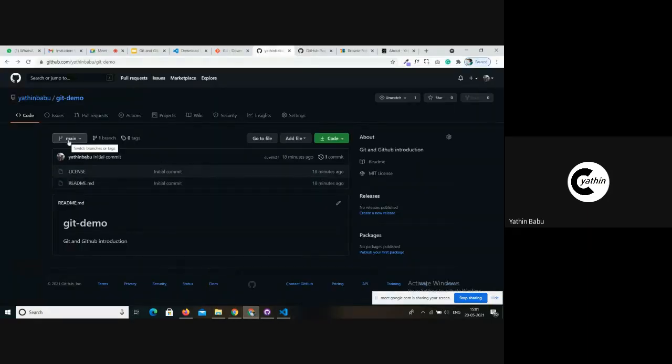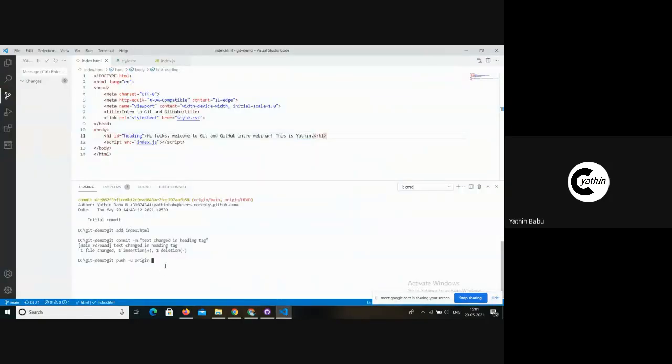As you can see here, our Git repository is right now within the main branch. I will also tell you what branches are and what the purpose of having branches within a Git repository is. We need to refer to this branch and push our code to the relevant branch.